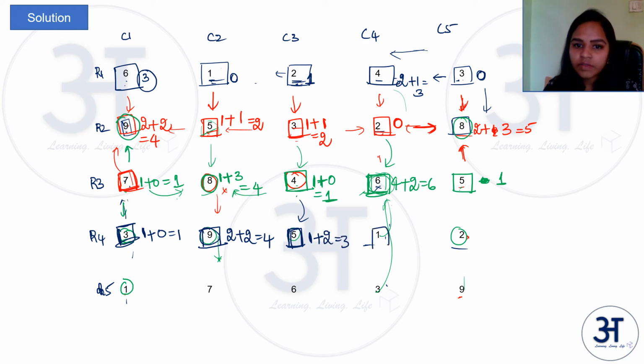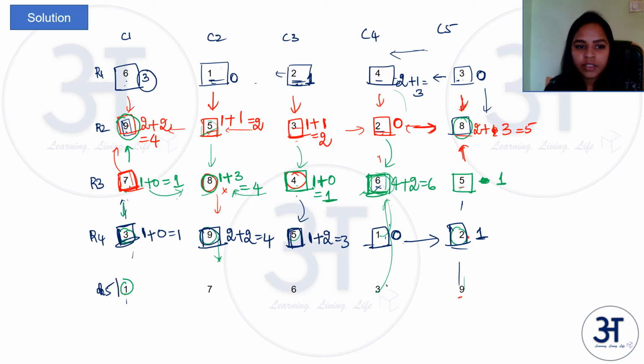Then coming to 1, which is row 4 column 4, it should be less than 1 for something to reach 1, so it is again 0 possibilities. Coming to 2, something should be less than 2, that is 1, so there is only one possibility for 2 to be reached, that is 1 from the left side. All other sides it has higher numbers.